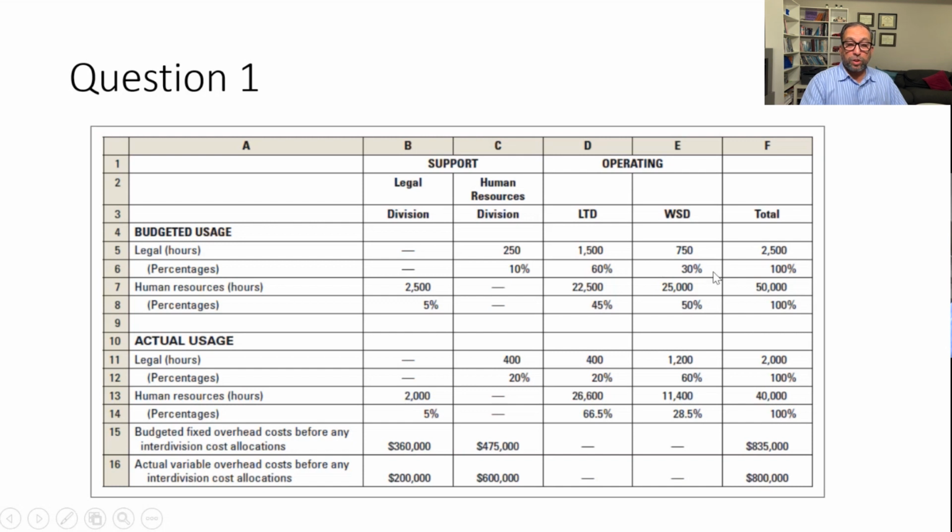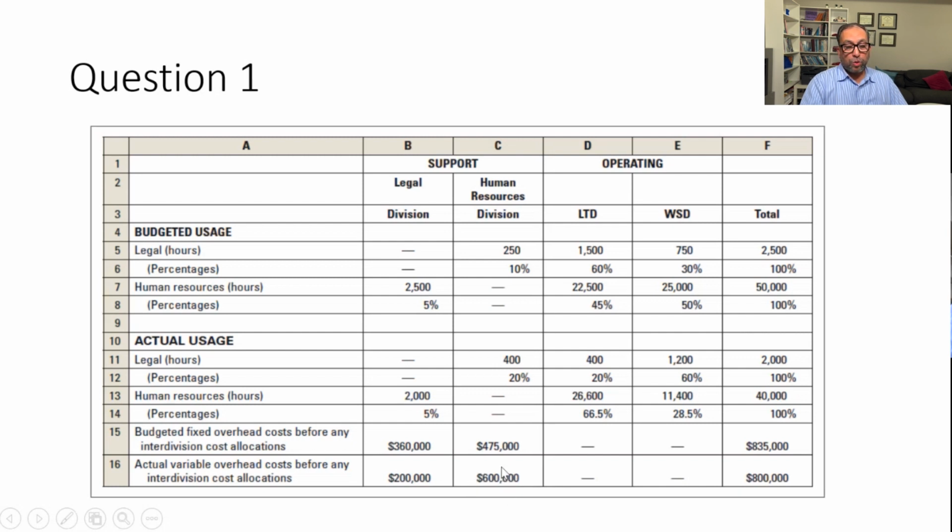And these are the ratios that we can calculate on the basis of the total of these departments. So we see here as well the actual usage for legal hours is 400, 400, 1,200, and altogether it is 2,000. Percentages are this one, and then human resource hours are 2,000, 26,000, and 11,400, and this is actual usage. And this 360 is the budgeted fixed overhead cost before any inter-division cost allocation. So we want to allocate the fixed cost of the legal department among LTD and WSD. And this is the human resource fixed cost. And these are the variable costs of legal